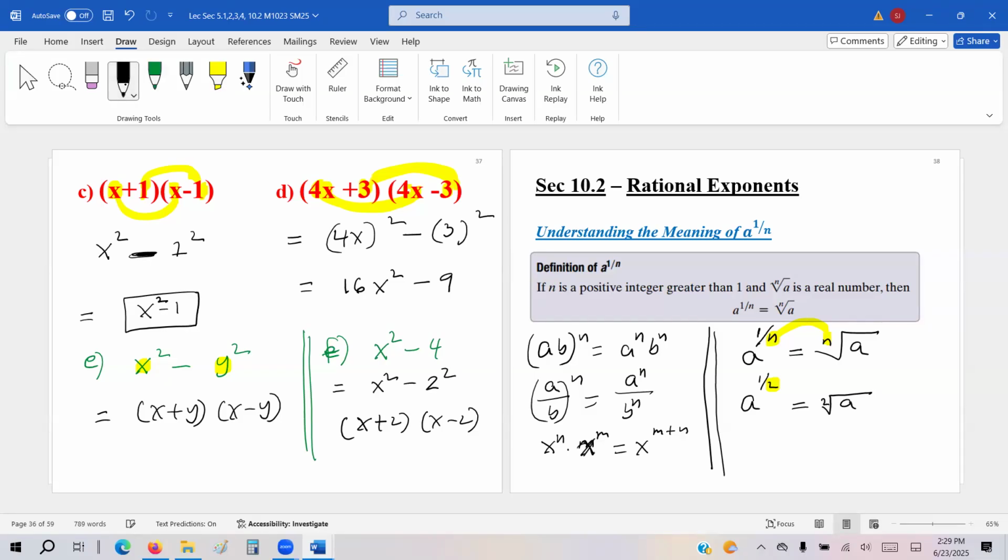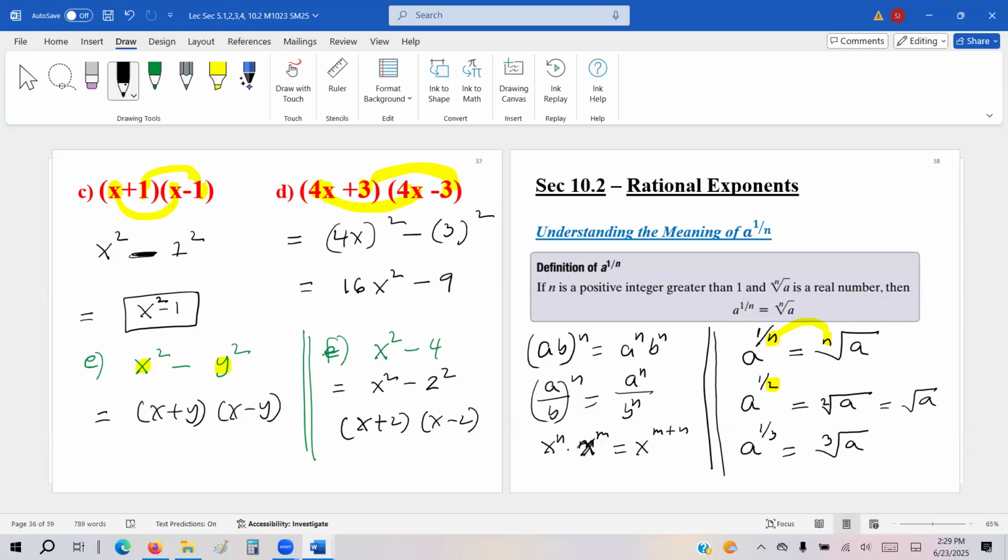So we have the invisible 2 here, but we don't use the 2. We simply write the square root of a. We already assume it's a square. So this 2 is always invisible inside the square root, but we do have a 2 there. If you have a to the 1/3, which type of radical is this? It's the cube root of a. So besides 2, every other number becomes visible.